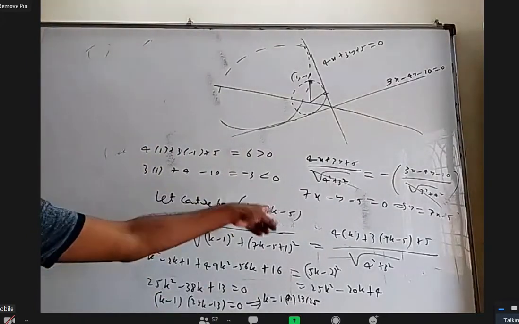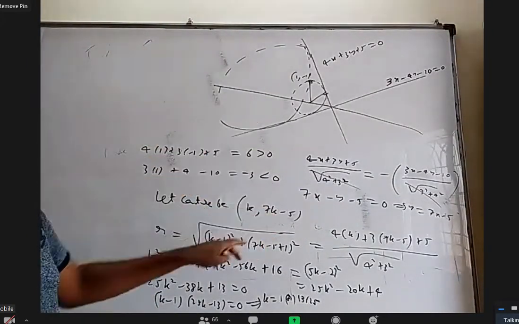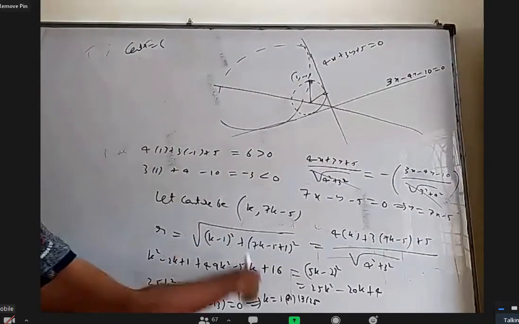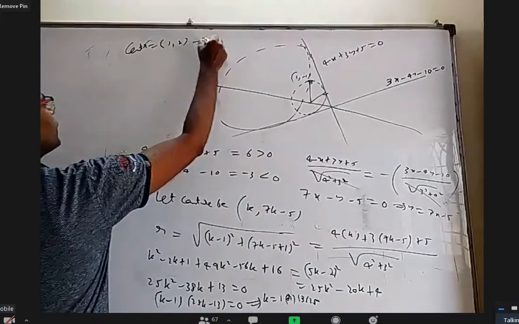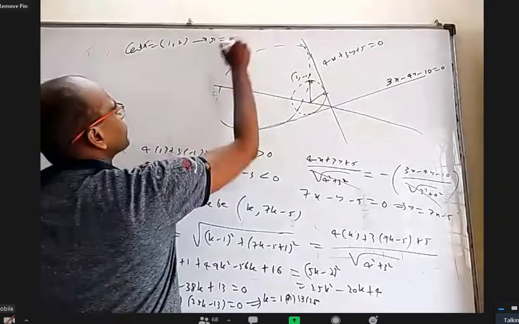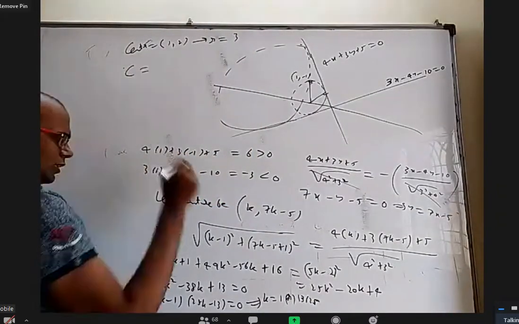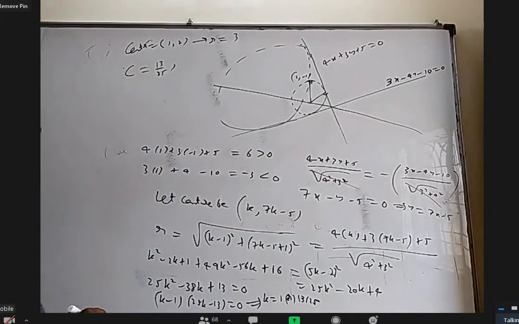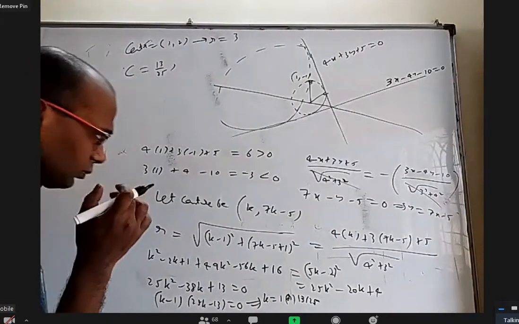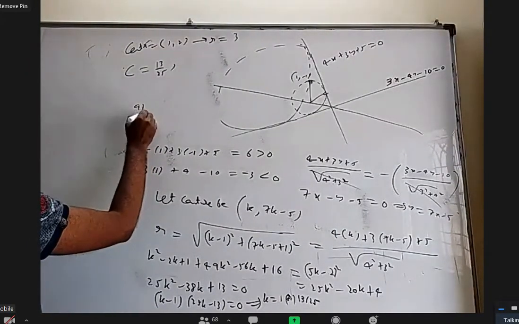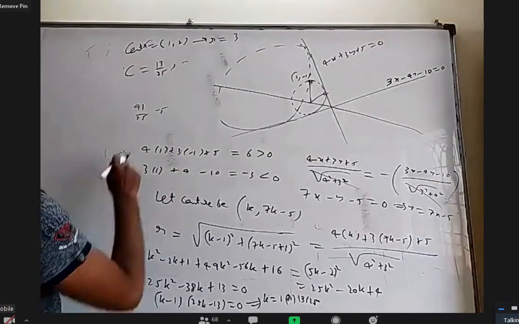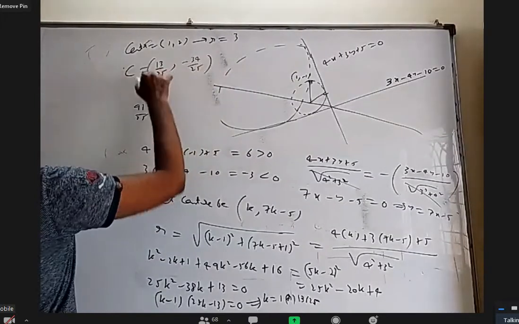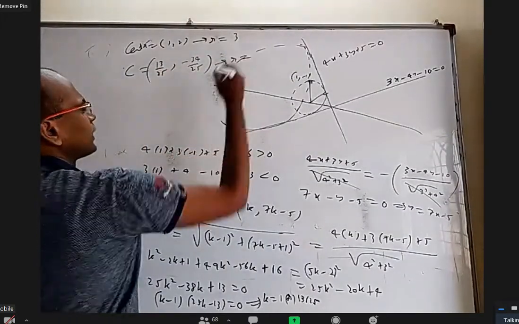Okay. So when you put that k back, you know the center, and you apply this distance formula, you get the radius. So now your center is, when you put k equal to 1, it will become (1, 2), and the corresponding radius when you find the distance will be 3. And another center is when you put 13 by 25. This will be what? 91 minus 125 means minus 34. And we'll find the corresponding radius.